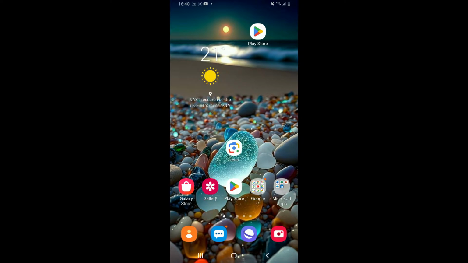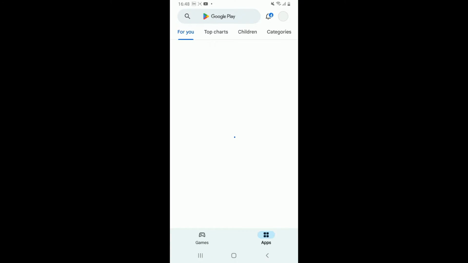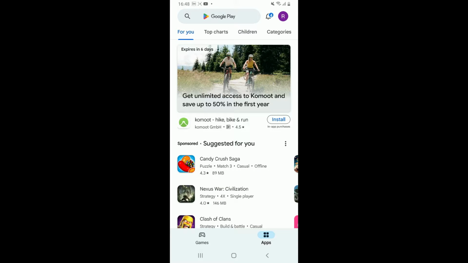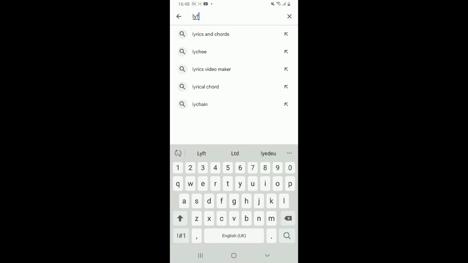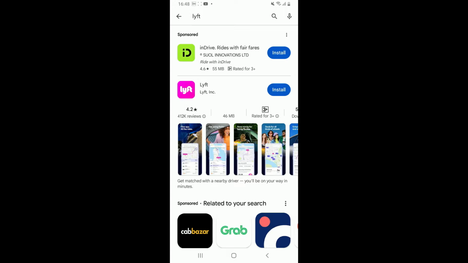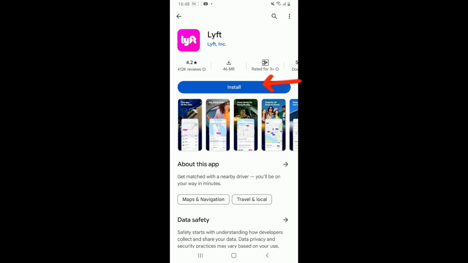First of all, open your Play Store. Also make sure that your Android device is connected to a stable internet. Go to the search box at the top as soon as you open up the Play Store and type in Lyft and search. Once you come across the search result, tap open the Lyft application and tap on the install